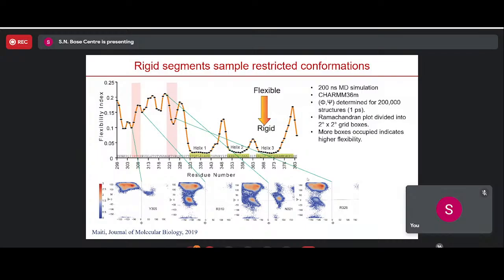So again, the disordered, flexible part is shown here, and the rigid parts are shown here. What we can see is that residues in the rigid part are actually sampling less conformational space compared to residues which are in the flexible part. So what we did here is we took all the structures from the MD trajectory and calculated the phi and psi torsion angles and plotted them in this Ramachandran plot. If you see something occupying more space in the Ramachandran plot, you can qualitatively say that yes, it is more flexible compared to something which is occupying less space. So from that, it turns out that these two regions